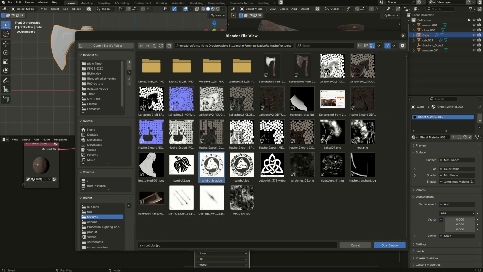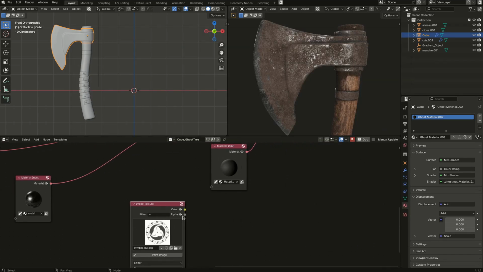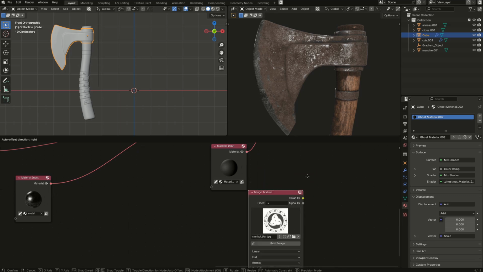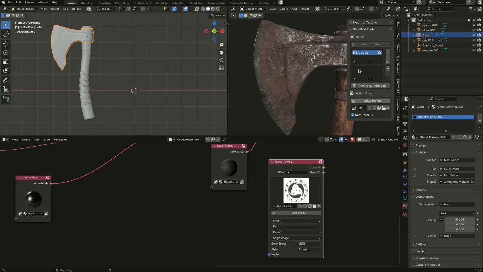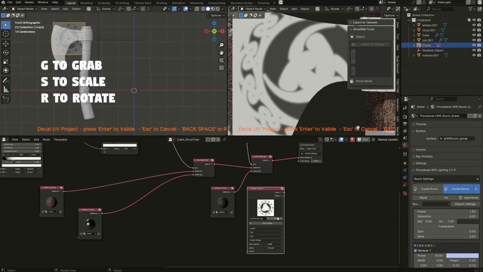So this is a pre-blurred logo to have some result as a softer bump. So to map this here, just simply use the Ghostmatter tools. So select the object, select the texture, and then you have a decal button. And you can use scale,